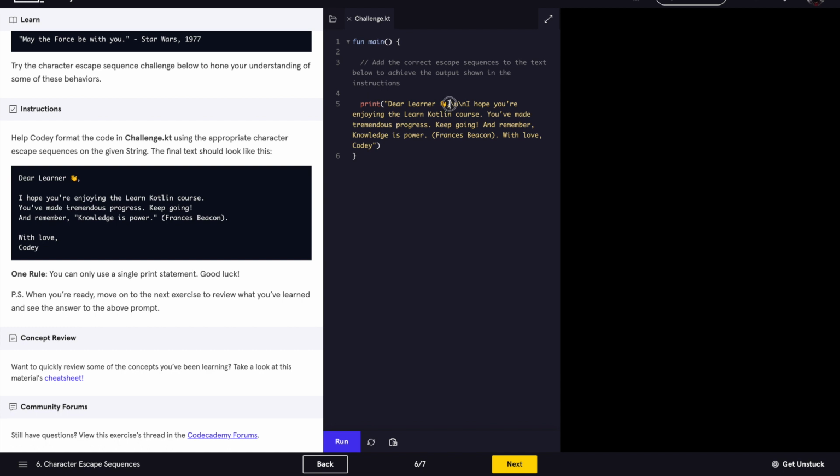\n. The first one will move the cursor to here, just below the letter D, and the second \n will move the cursor here, so that the words following that will start in this line. I hope you're enjoying the Learn Kotlin course. Yes, I am. And after that, there is a new line character. So let's put \n here. You made tremendous progress. Keep going. And then a new line